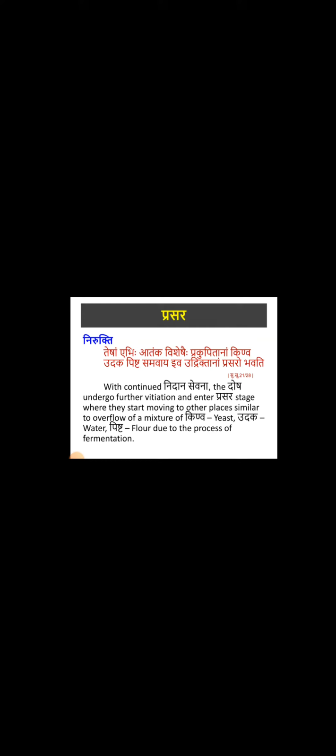Okay. So next coming to the prasara avastha. So this is the third stage, that is the prasara avastha, means the stage of the spreading or the further progression of the prakupita doshas is called as the prasara avastha. Okay. So here what happens, the spread of the doshas from their own side to other areas is called as the prasara avastha. So here what happens means, here the doshas which are accumulated and aggravated in the chayavastha as well as in the prakopa avastha.